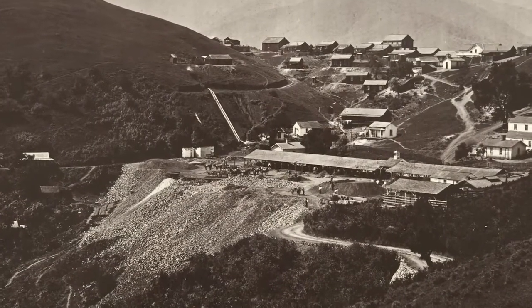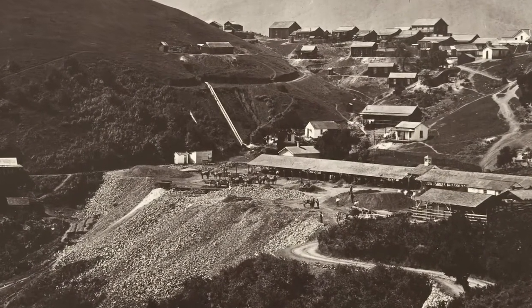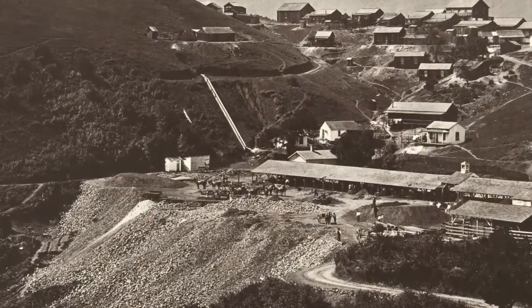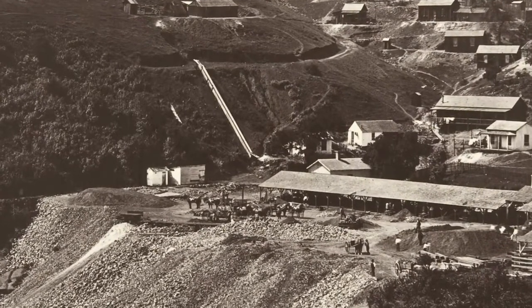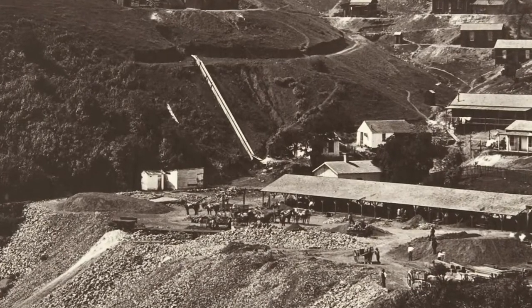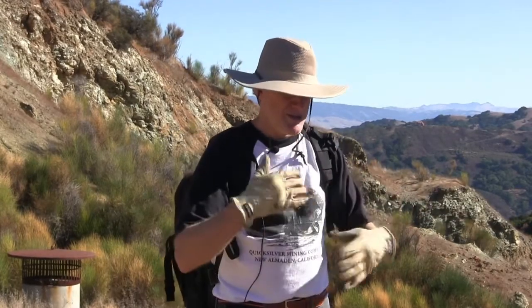Why is the mine quiet? Is this it? Is this the last day? Did management give the order? Are we shut down? Are we cast to the wind like gypsies? And then if the shaft started again, they would breathe a sigh of relief and go back to their daily lives. This touch and go